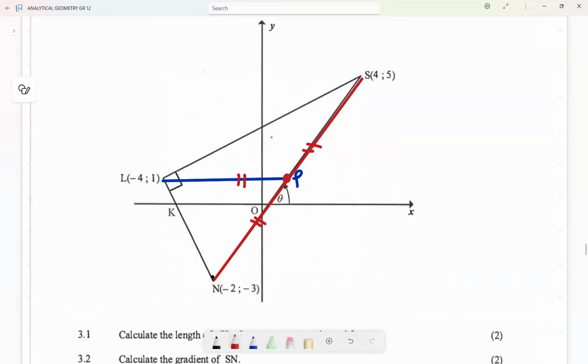The midpoint, or the center. So P is the center. So firstly, tell the examiner that angle L is equal to 90 degrees. It is given. Therefore, SL is a diameter